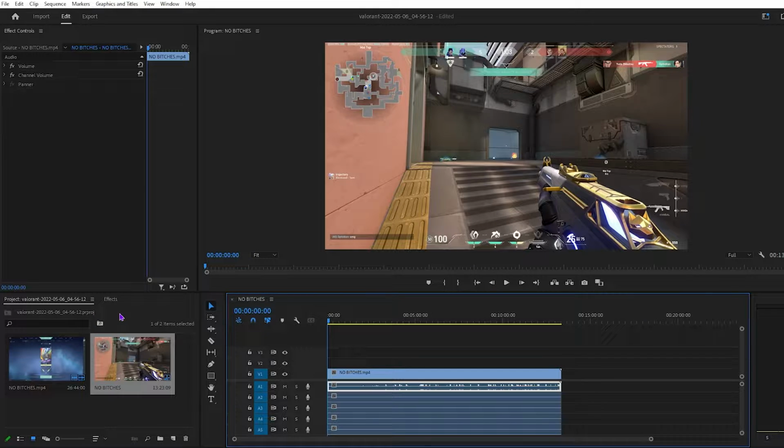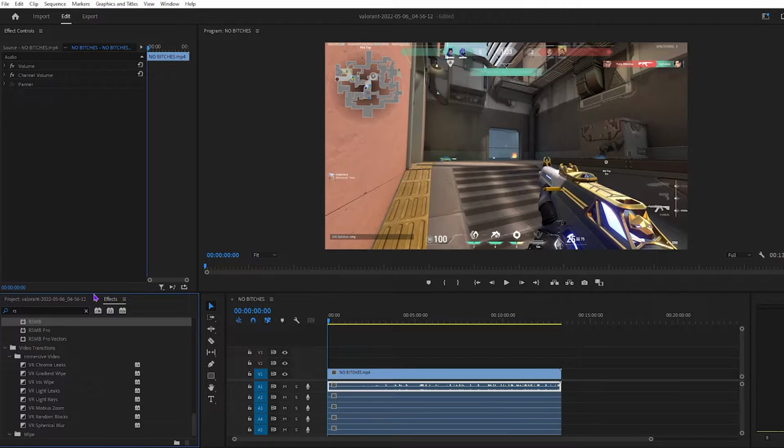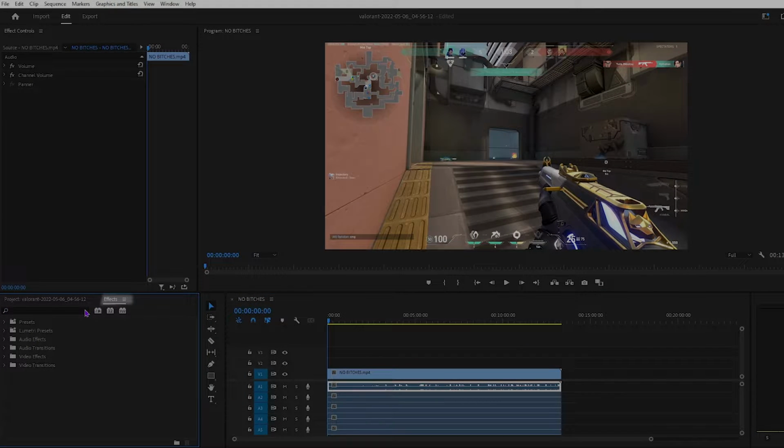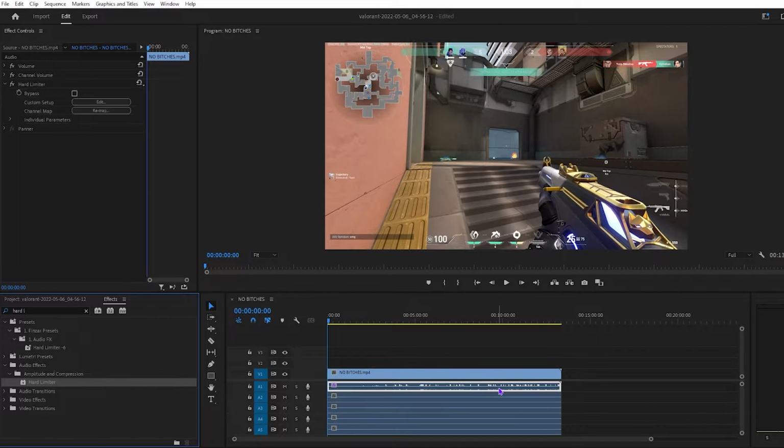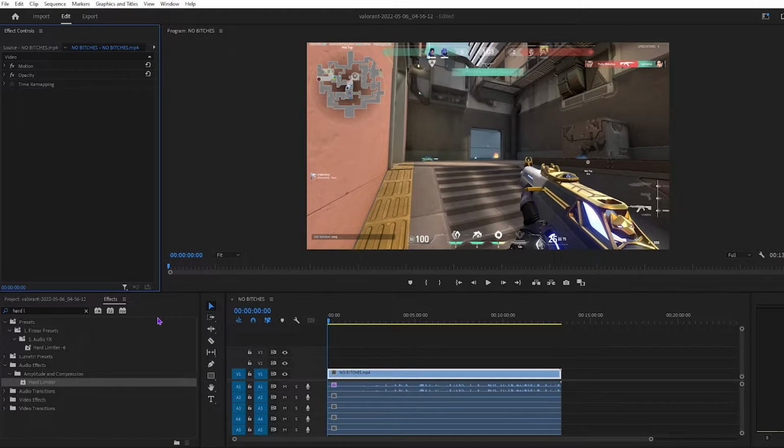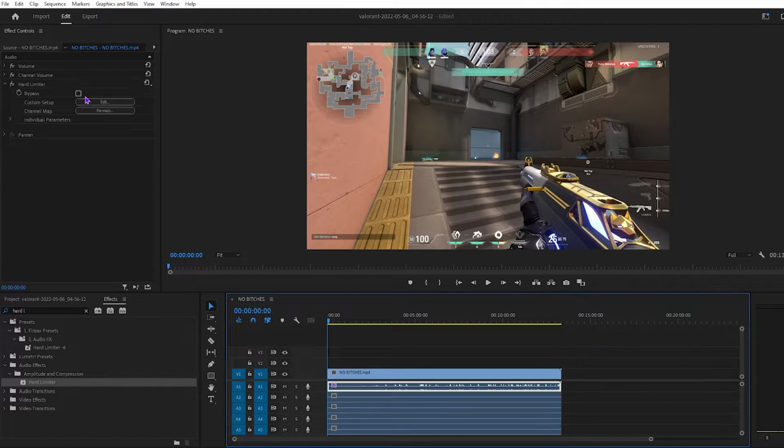What I like to do is, if you go to wherever your effects are and just type hard limiter, it should be under amplitude and compression. Drag that to whatever video track you want, and up here in your effect controls, it'll show up. You gotta click on the audio track with it on,